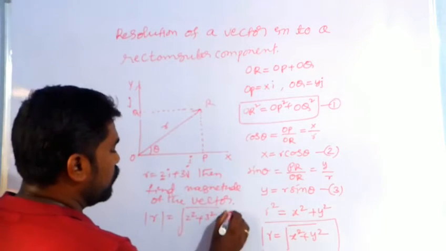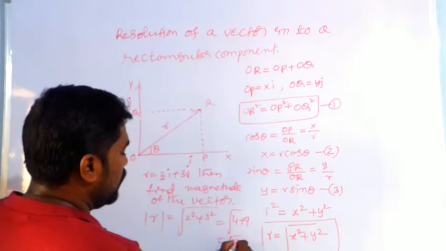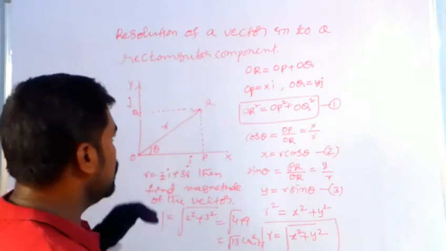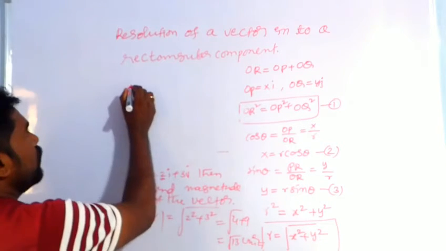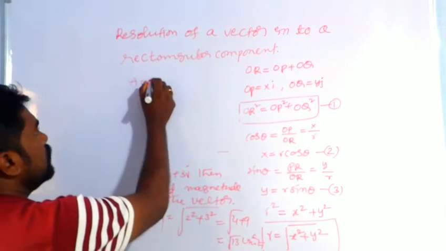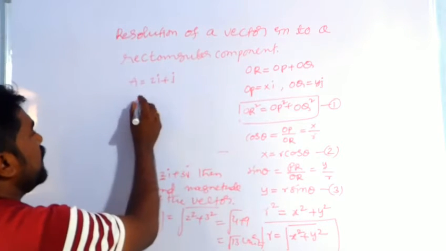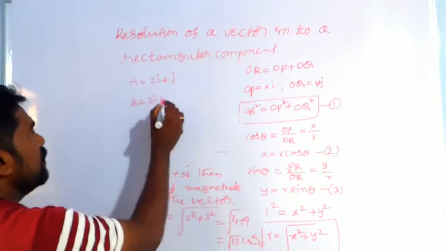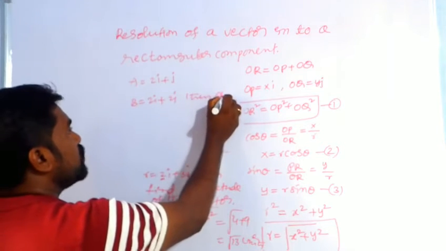We can write that 4 plus 9, it is under root 13 units. So this is the magnitude of the vector. Similarly, if there are two vectors, A equals 2i plus j and B equals 2i plus 2j, then find A plus B